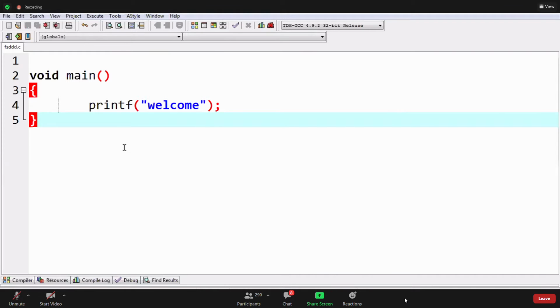Yeah, how to know whether it is left to right or right to left.